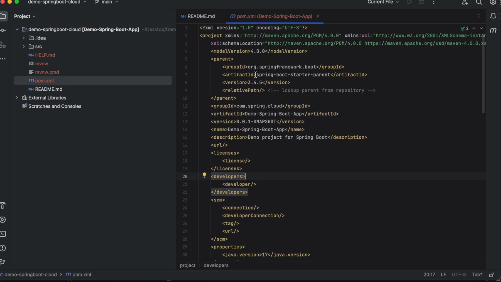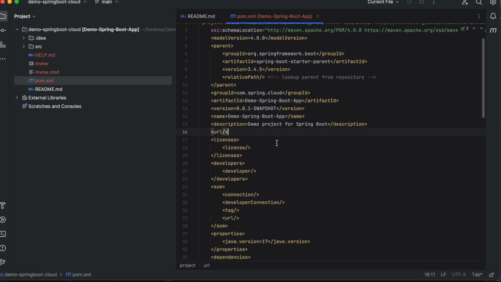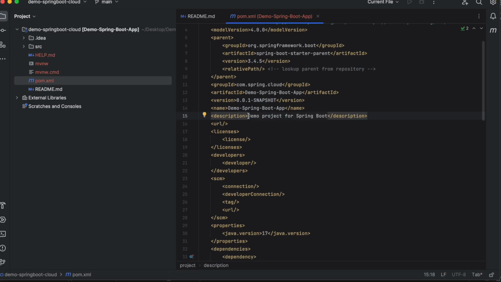As you can see, this is the parent, Spring Boot starter parent. This jar has been added automatically, and this is the version that we have selected, 3.4.5, and this is the group ID and this is the project artifact ID. Okay, and this is the initial version for our applications. Okay, and this is the description that we have given at the time of creating the Spring Boot application.